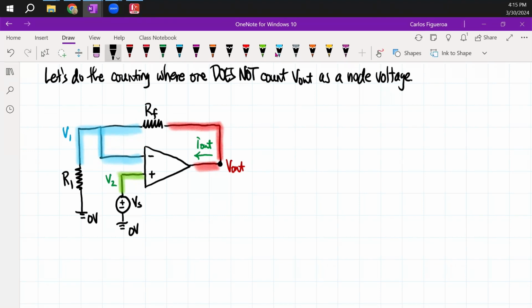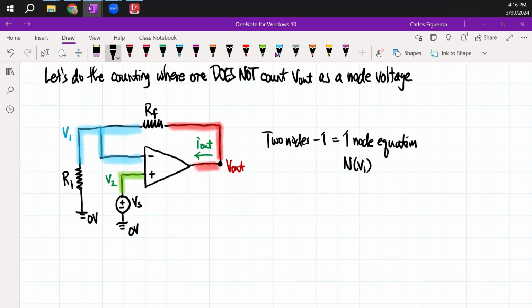So you can see that I have two nodes. What are the two nodes? V1, the blue one, and the green one, V1 and V2. But I have one source, which is VS, so that gives me one node equation. Note, we know what V2 is because it has to be the same as V source. So then we could say that this node is going to be the only node equation as we get